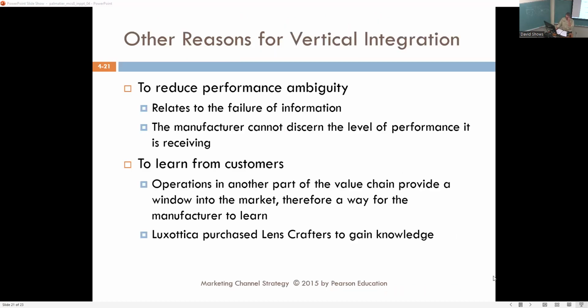What are other reasons to vertically integrate? One of the bigger ones that you see